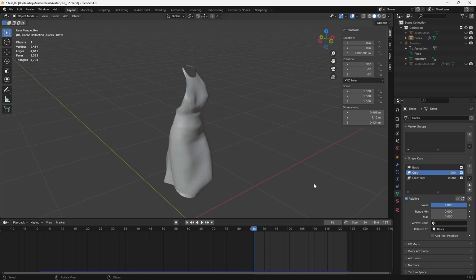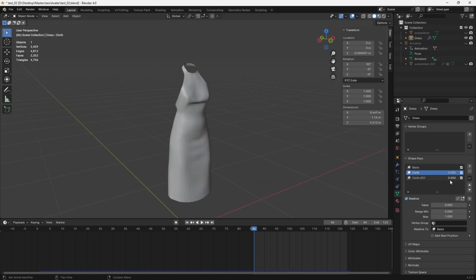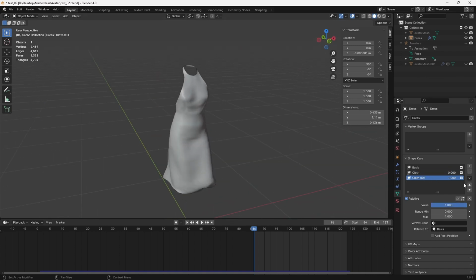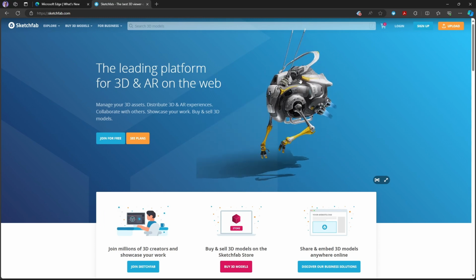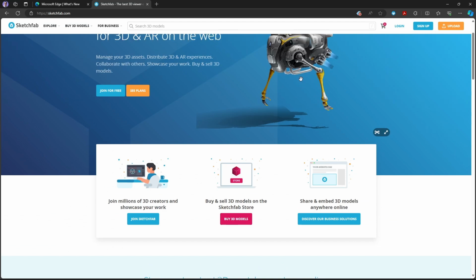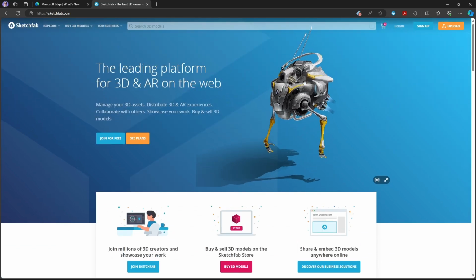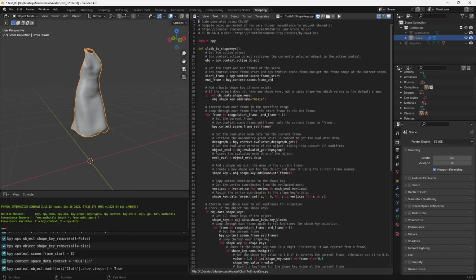As I said, this is a long and tedious process, but fortunately there are a couple of options to automate it. We could export the dress as an Alembic file, upload it online to Sketchfab, wait for it to convert into multiple file formats, and then download the GLB version. This process requires a Sketchfab account. Instead, we will stay in Blender and automate the process using its Python API. Hence, we need to use a Python script.